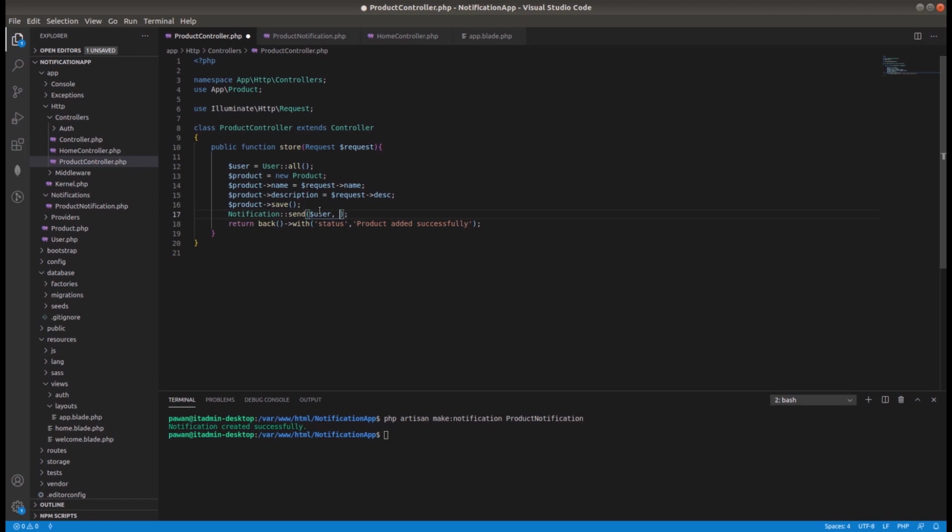So it will be new ProductNotification. But in the product notification we have to send some data so that we can display that data in the user profile. So here we will pass the product name.